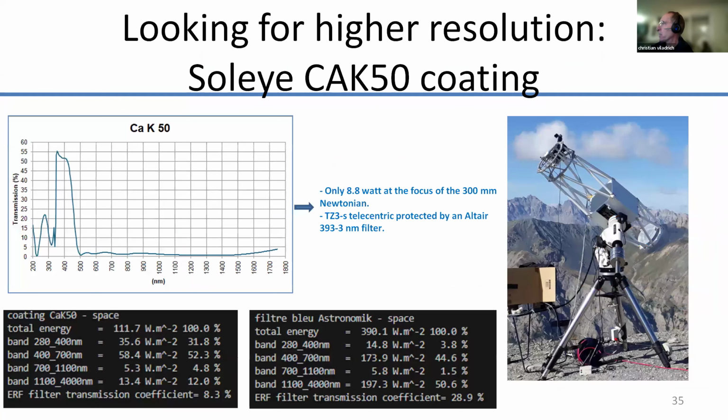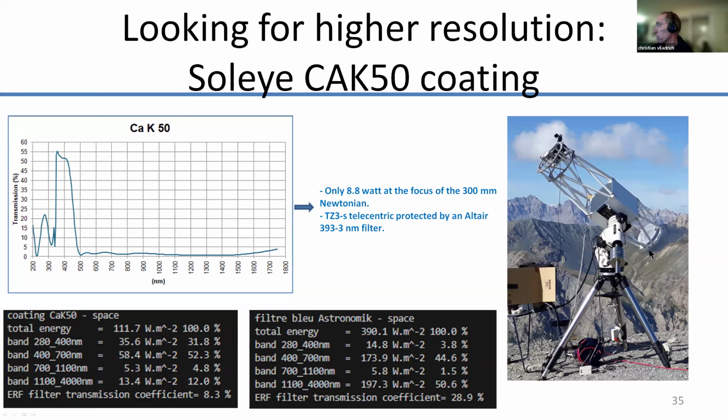But the problem here, if I want to put an energy rejection filter in front of the aperture, it would have to be 300 millimeters, and it would be very, very expensive, very heavy. In fact, too heavy for the telescope. So basically, it is cheaper to have a coating on the mirror. It is much simpler,